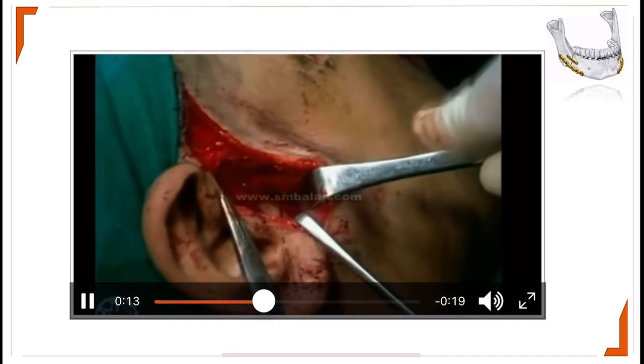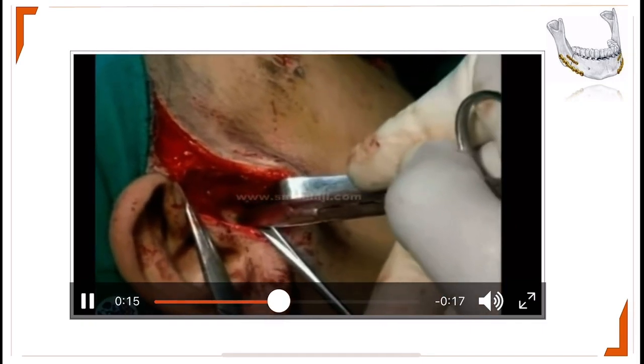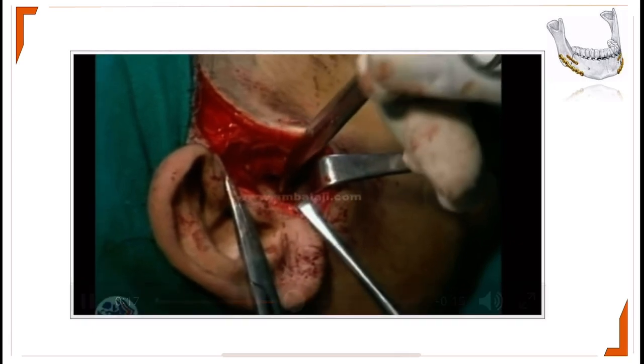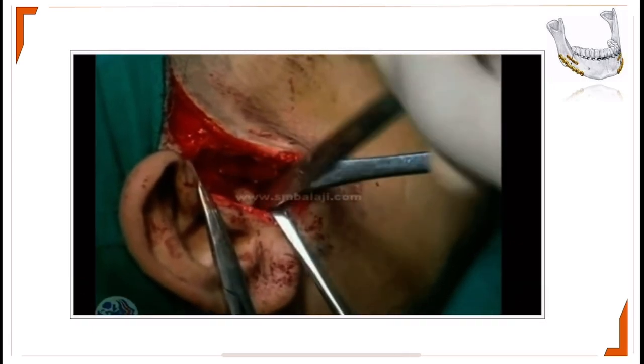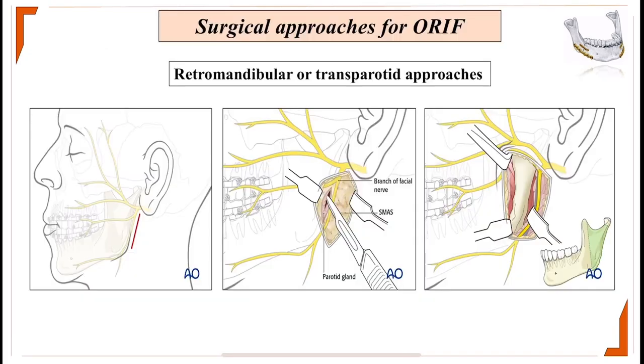Feel for the As we see zygomatic here, the arch fracture and of the straight condyle anteriorly and downwards. You will find the exposed. avascular cleft, and you can see the fracture now. The condylar area. And we have a retromandibular or transparotid approach. This is